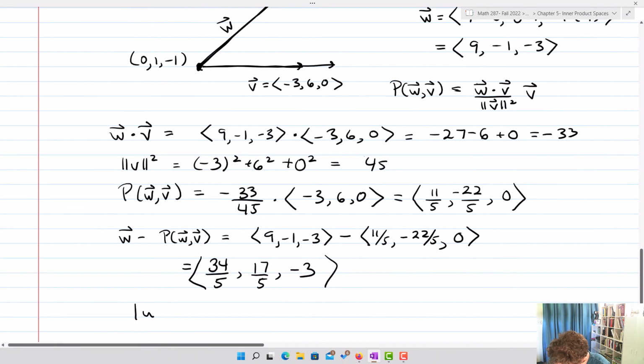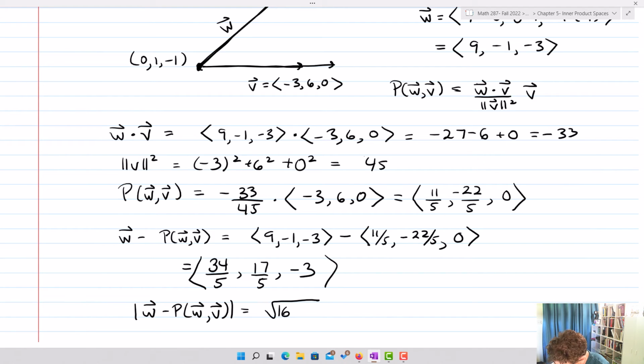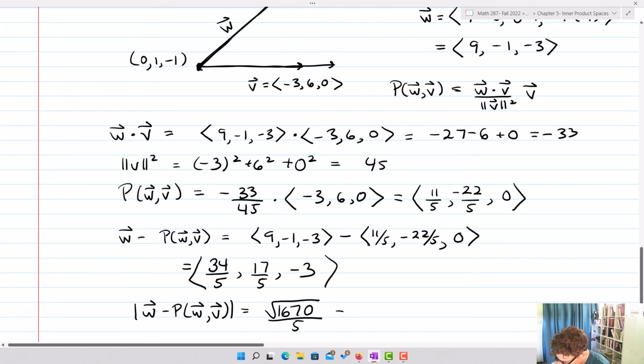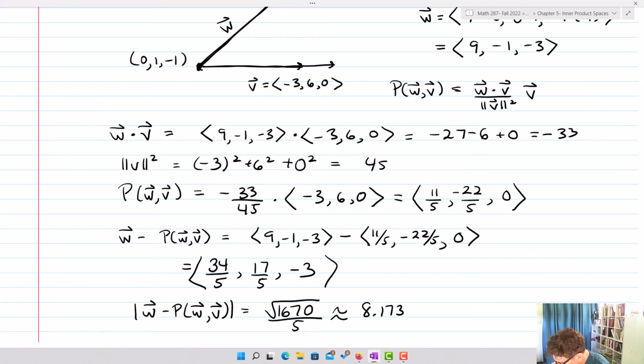We take the magnitude of W minus P of WV. Plug that into your calculator, and you'll get the square root of 1,670 divided by 5, which is approximately 8.173. I know it's a little bit of an involved process, especially if you're used to equations,